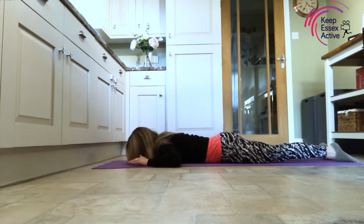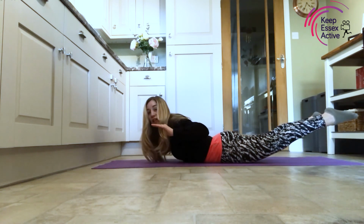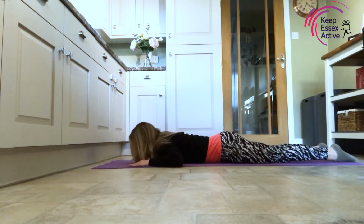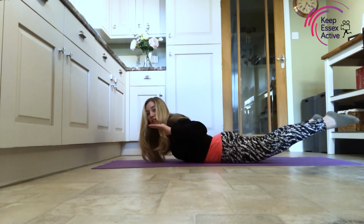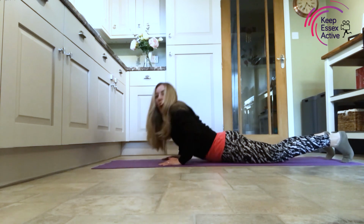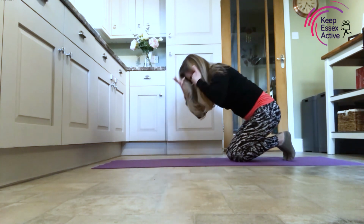Just two more like this. Inhale, exhale, lifting up. So don't forget, you've still got them options to just be coming up onto them forearms or straight arms, or just lifting the chest off, or just lifting them legs off and resting down. Good work. Push yourself back up into our four-point kneeling, and we're just going to finish with a nice little